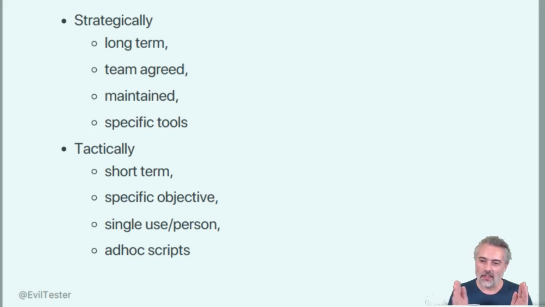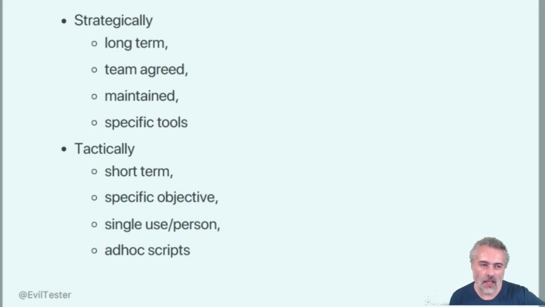There's no point building strategic automation for that, because it's not going to die. All the effort that we put into making something maintainable is not going to help us for the long term. What we should have done is be more tactical about automating, not worrying so much about it being maintainable, making it support the testing that we're doing. And things like uploading test data into the environment, very short term, ad hoc scripts that may or may not be maintainable.